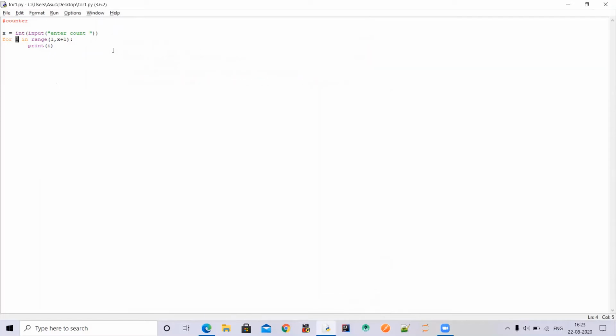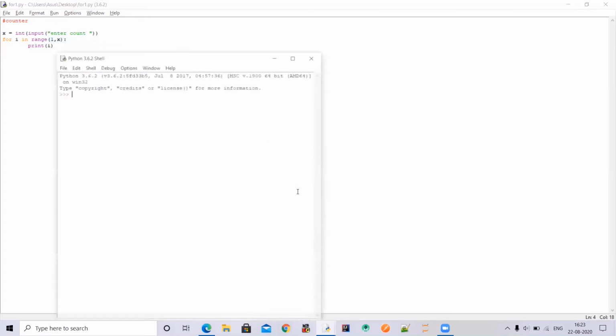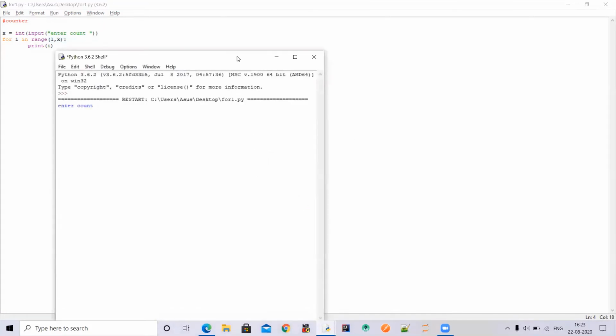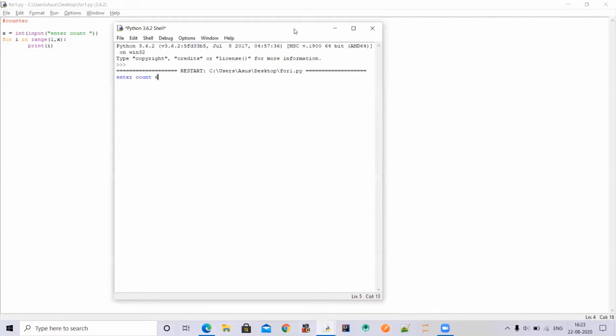I will show you guys, if we remove the plus 1 here, then it is 1 to x, and it will give you 1 to 5 and not 6, because it checks up to n minus 1 and not to n. Again I have given here 6, and here you can see 1 to 5, only 5 digits it will print, guys, here.